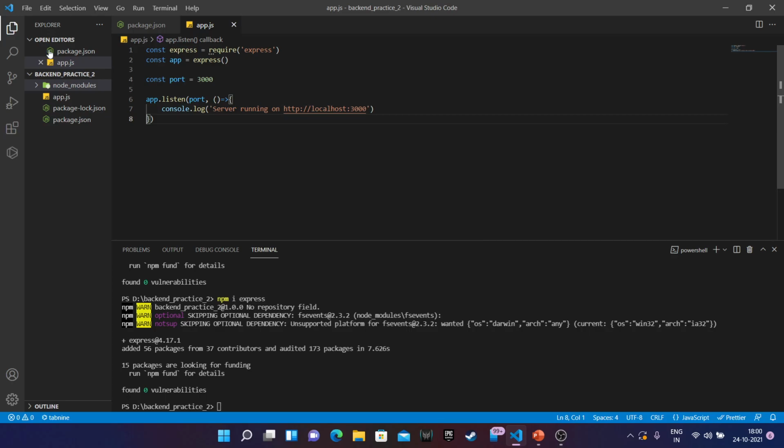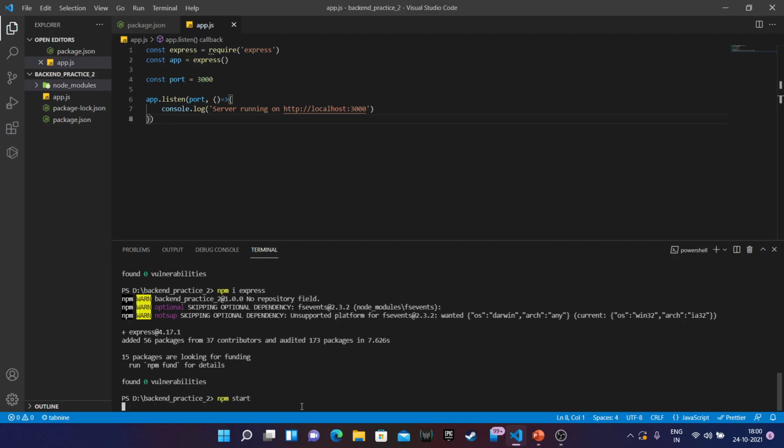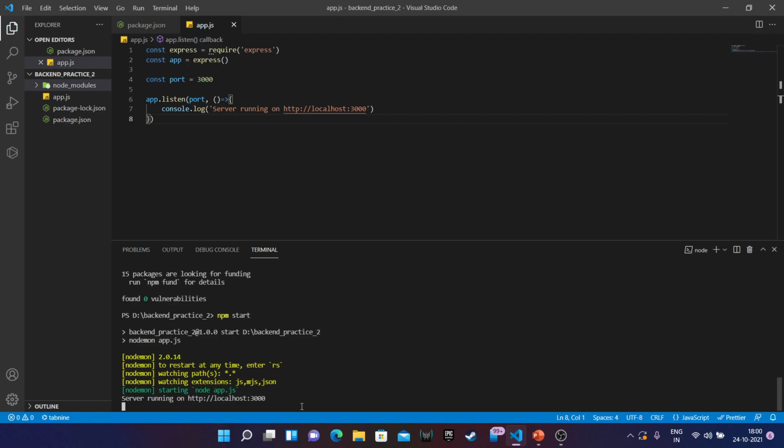So yeah, I'll just save it. Now to run our server, we'll be entering a command called npm start. Control click on the URL to open localhost 3000.